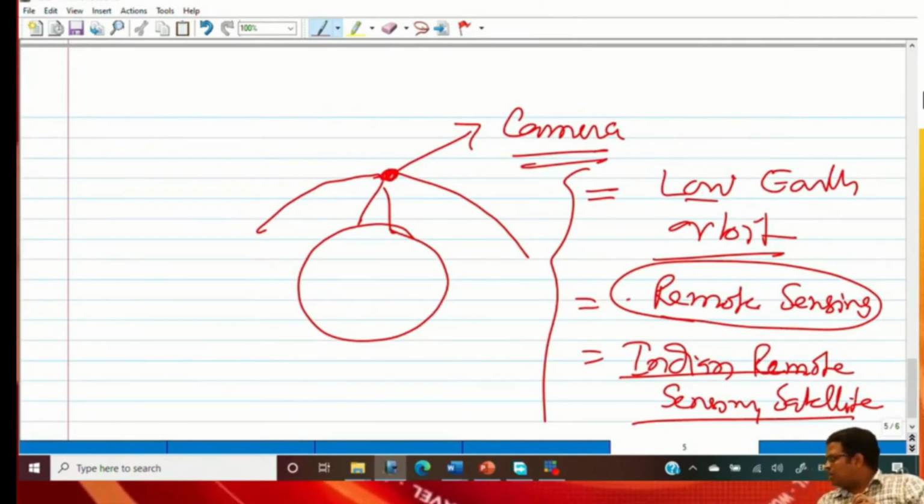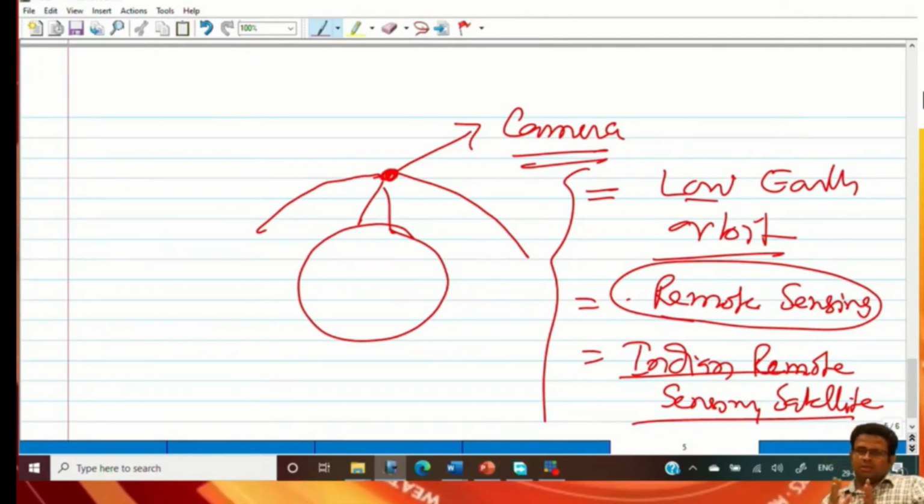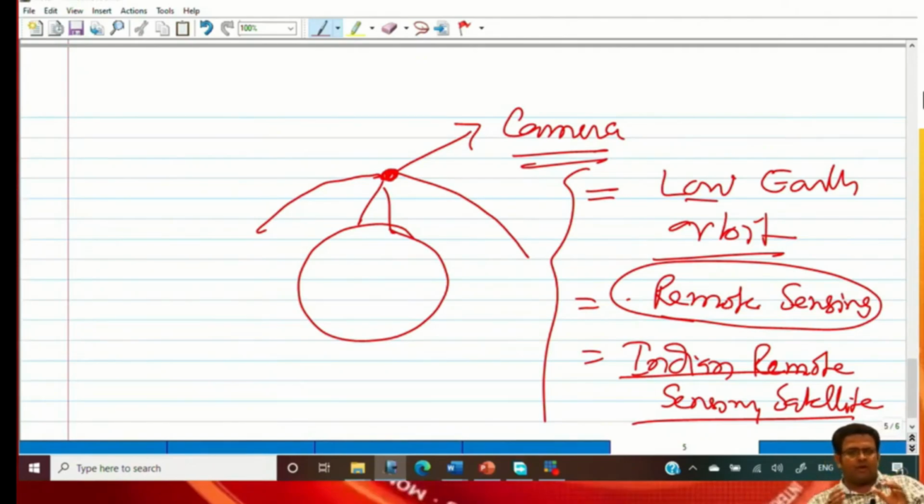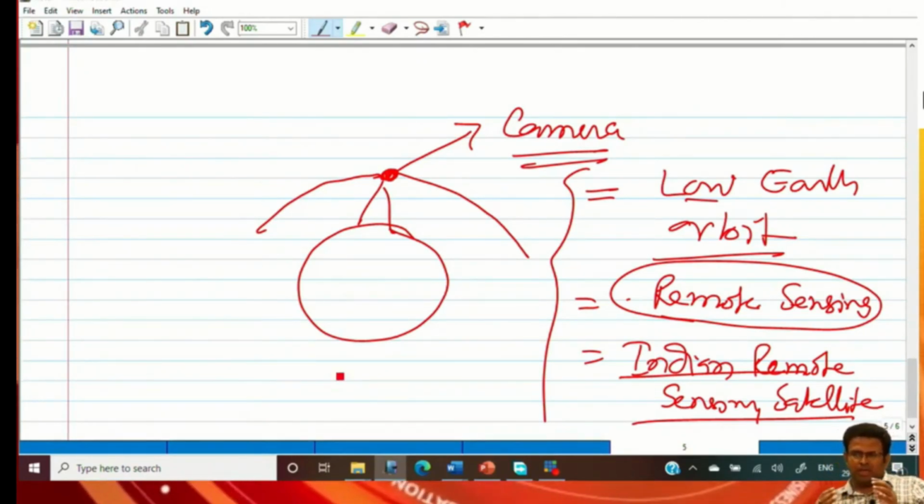Next point I am asking you: if I have to make a picture of the river pattern of Jammu and Kashmir, how the rivers are moving, where I should make a dam on the different rivers in Jammu and Kashmir and in Himachal Pradesh, and if I have to see